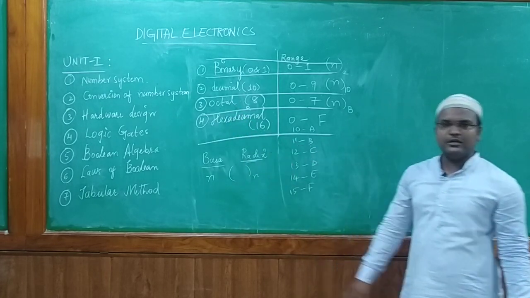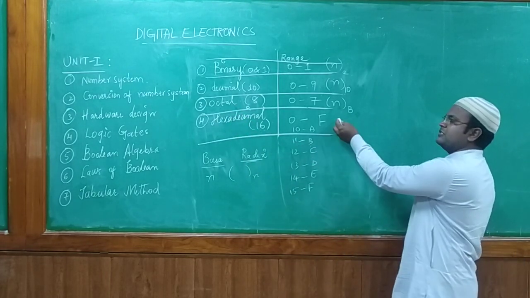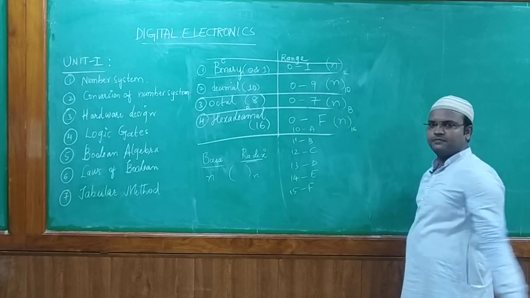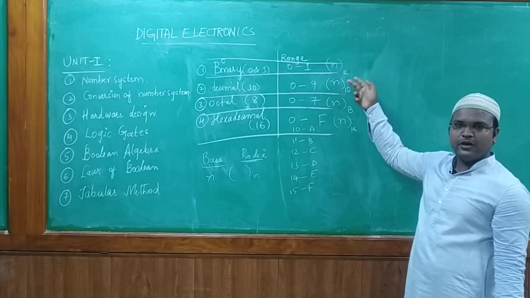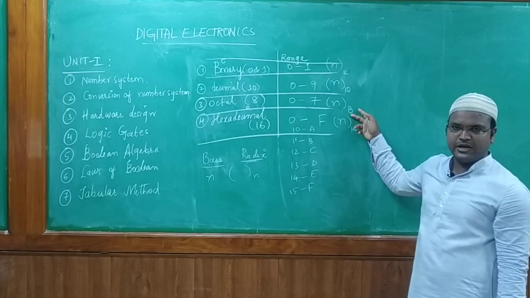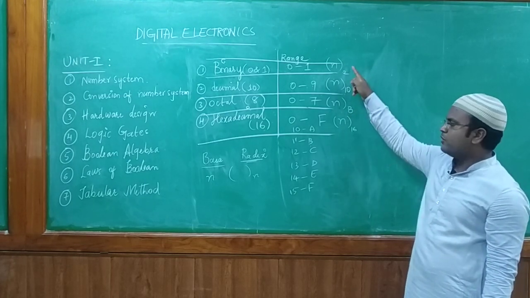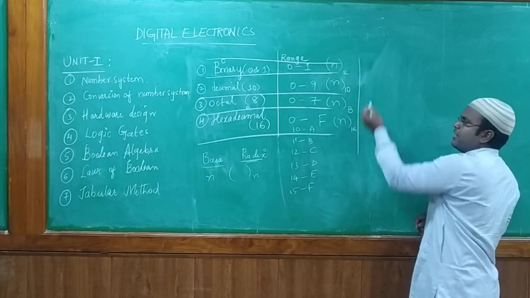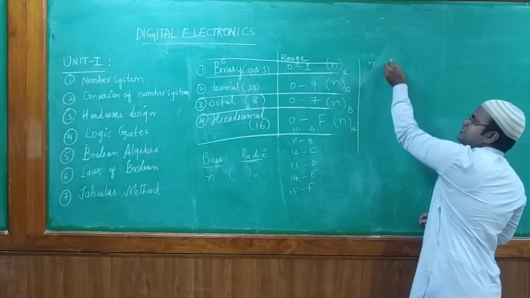Similarly, I need to mention hexadecimal. In order to mention hexadecimal, I need to write n with the base of 16. So this is the way we can mention all the different types of number systems. Now, if I want to write the range of it, what could the range be? Generally, if I want to write n numbers, I want to mention its range.